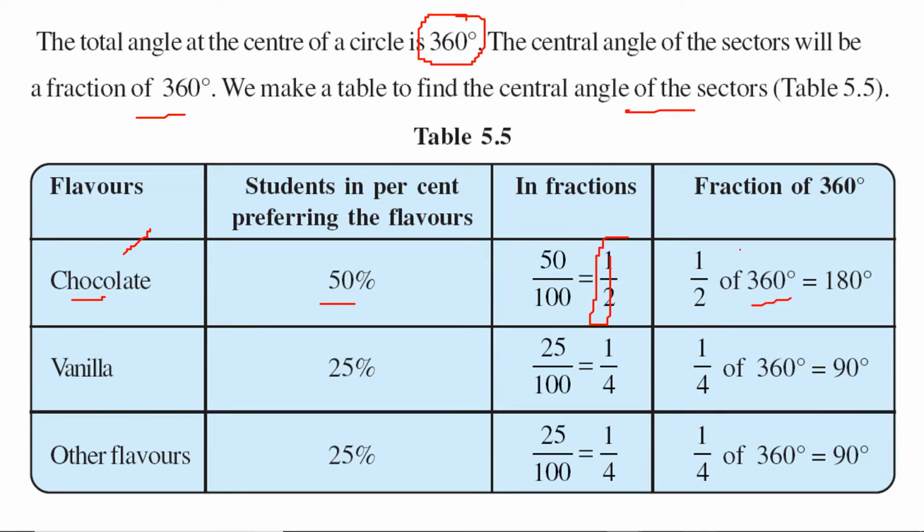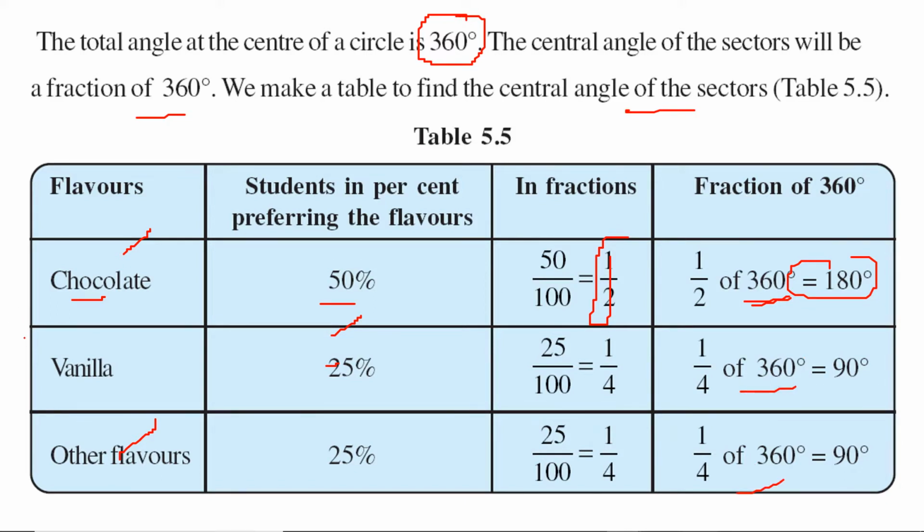We want this because half is showing that half of the circle has to be given to chocolate. So half into 360 degrees has to be given to chocolate. Half into 360 degrees is 180 degrees. Similarly, 25%, that is 25 by 100, which is 1 by 4, into 360 is 90 degrees for vanilla